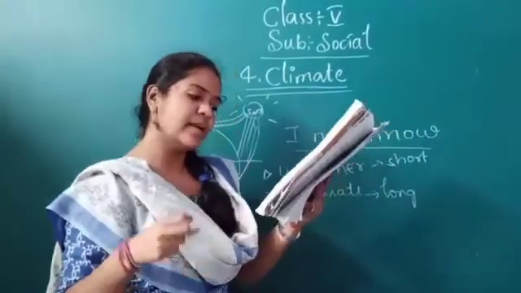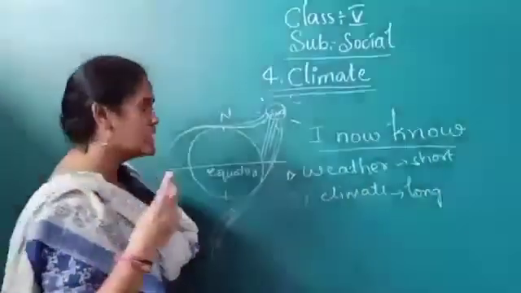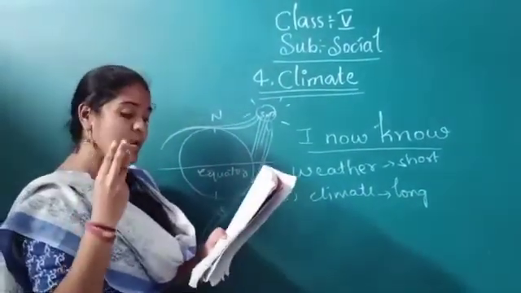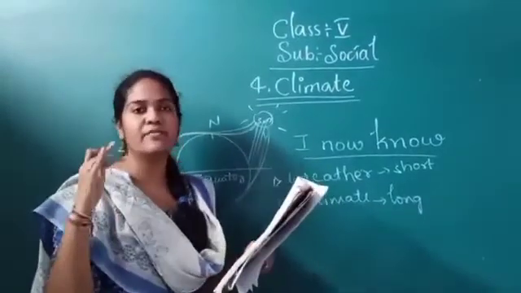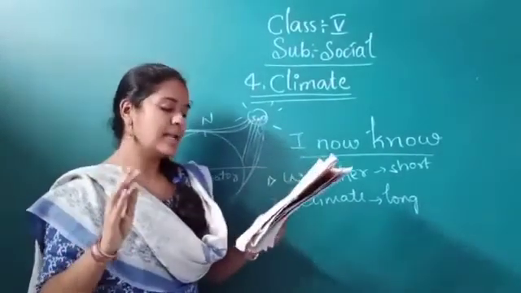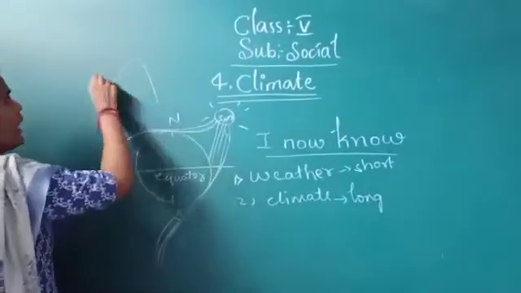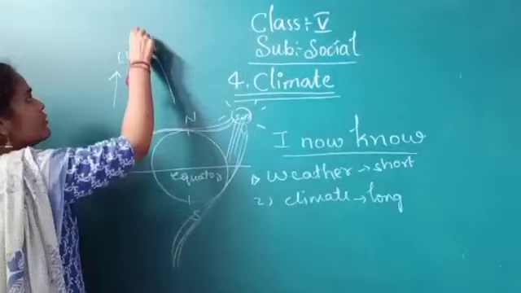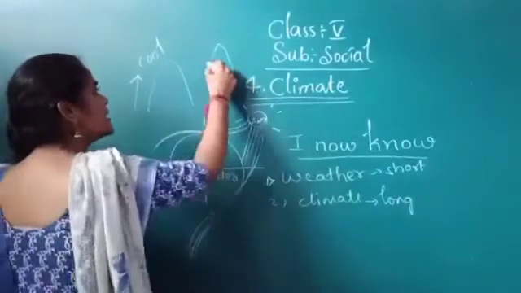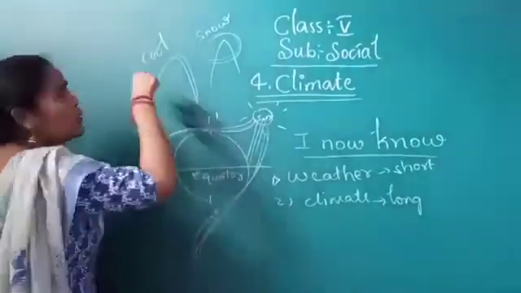The earth can be divided into three climatic zones depending upon the amount of heat received from the sun. What are the three climatic zones? Torrid, temperate and frigid zones. We discussed this, and now you know this also. And sixth one, the higher a place is from sea level, the cooler it is. When we go higher and higher, we feel cool. Why? Because in the north part of India we have the Himalayas, and the peaks of the Himalayas are covered by snow. That's why the higher we go, the cooler it will be.